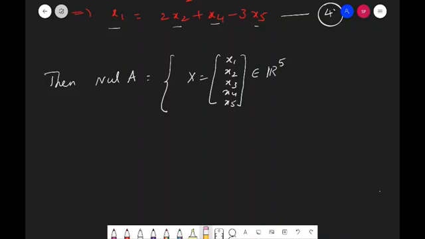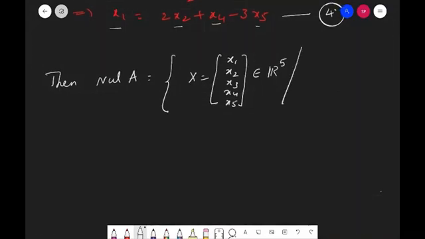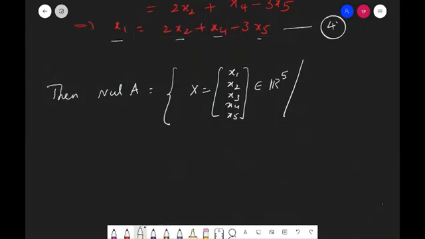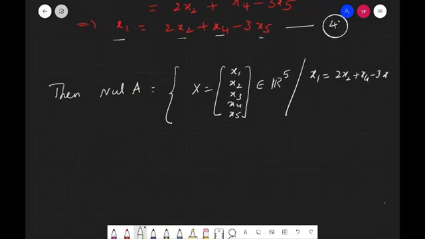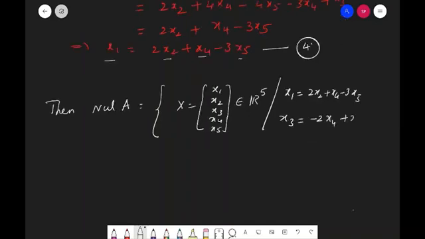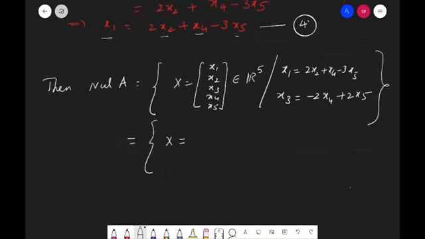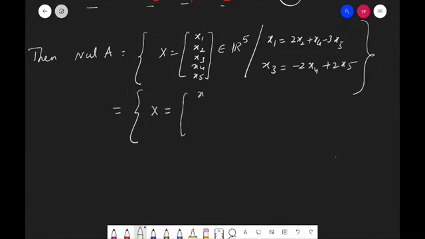This will give me, such that these two conditions I have. What value did I get? x1 value as 2x2 plus x4 minus 3x5 and x3 value as minus 2x4 plus 2x5. This is what I have. This I will write in a simpler way. Null A is equal to x, let me have this as x1, x2, x3, x4, x5,